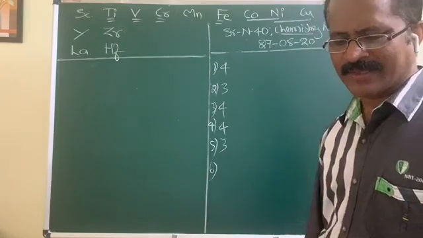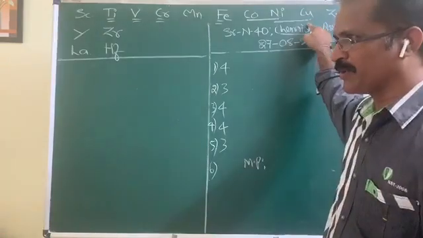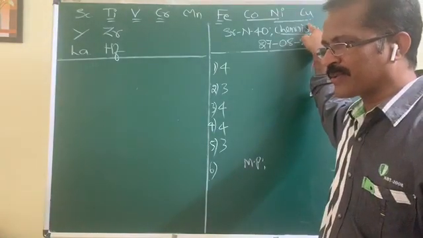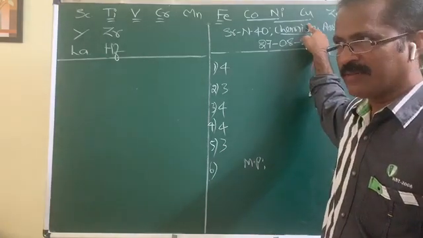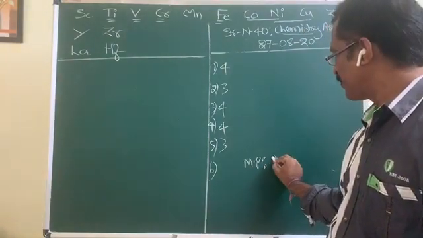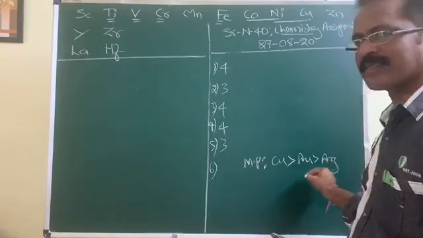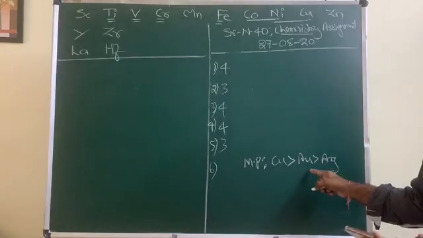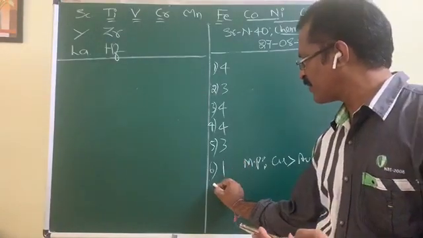When you look at the last statement, that is about the melting point of this coinage group. In general, in a group from top to bottom, melting point increases according to the graphs given to us in the textbook. But that order is not correct in the case of first B group. In coinage metals, their melting point order is copper greater than gold greater than silver. This is the correct order of melting point. But here he has given it in a wrong order. So only statement D is incorrect. The remaining three, A, B, C, are correct. That matches with the first option.